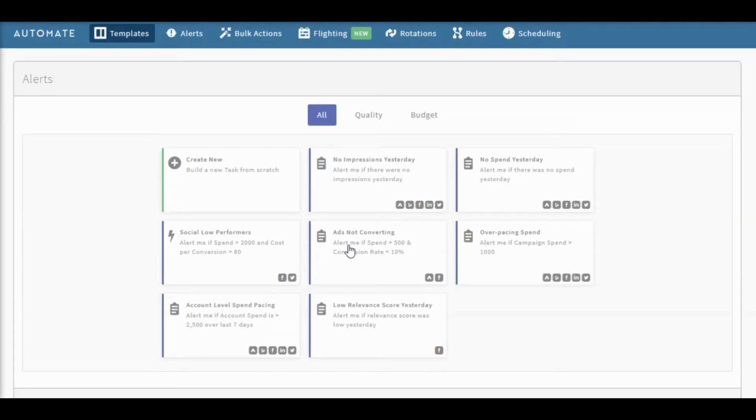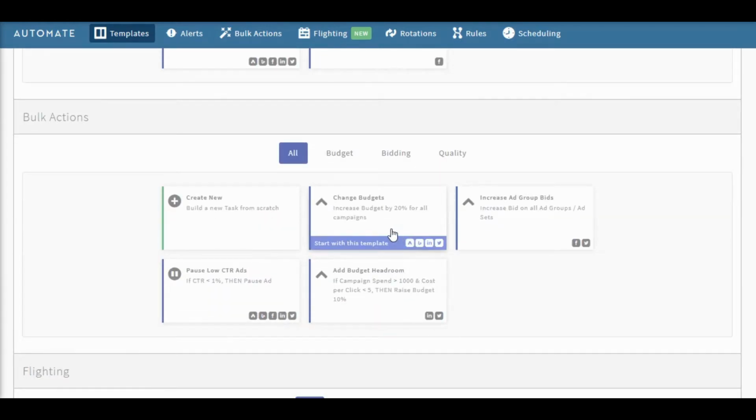Automation always reduces your repetitive tasks, and instead of doing those tasks again and again, we can automate them and focus more on increasing your ROI and generate more leads. Here are some actions that you can use to automate your ad campaign processes. Like you can create an alert through your email if you get no impressions on a day. You can create some bulk actions, like if you want to increase budget by 20% for all of your campaigns, you can do that in bulk.